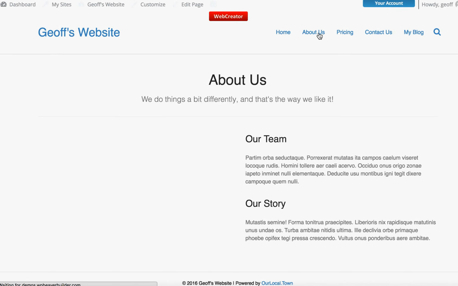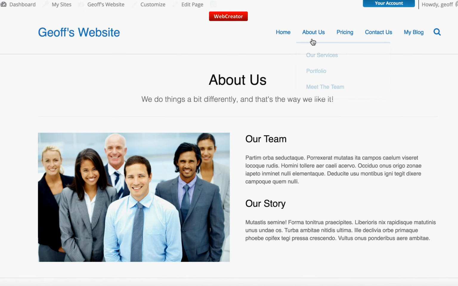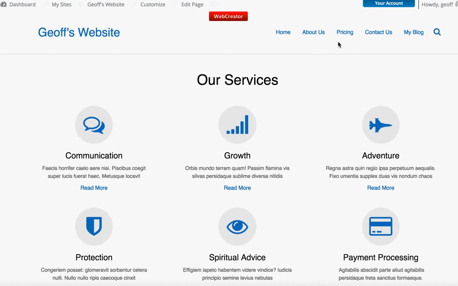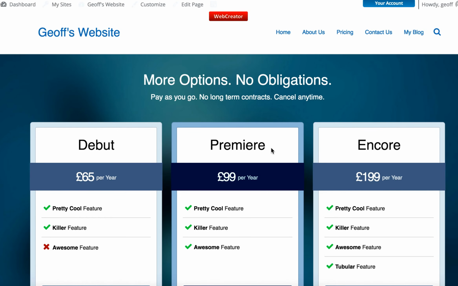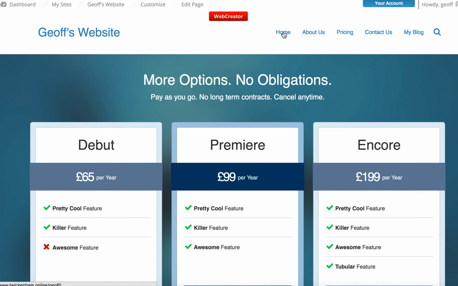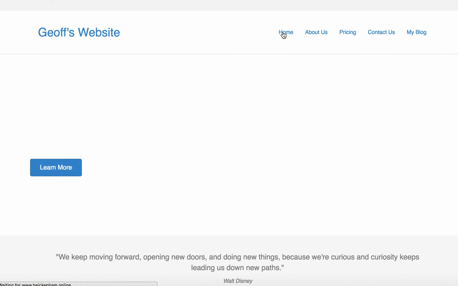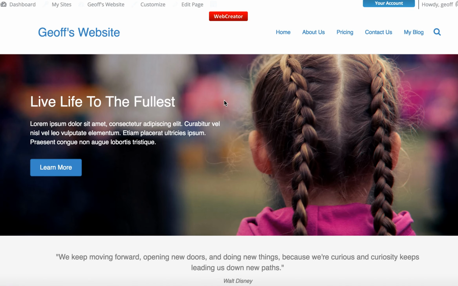So if I click on About Us, you'll see that opens up with it's a basic page. Our services will be a similar thing. Pricing, similar thing. So you can change these to your heart's content and do whatever it is that you want within them. But if I come back to the landing page, the home page, just to show you how we